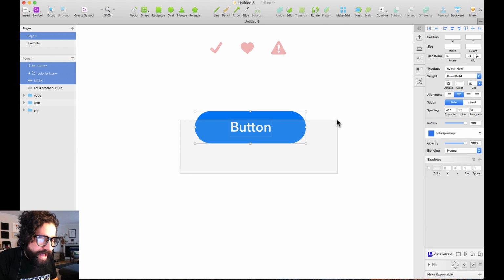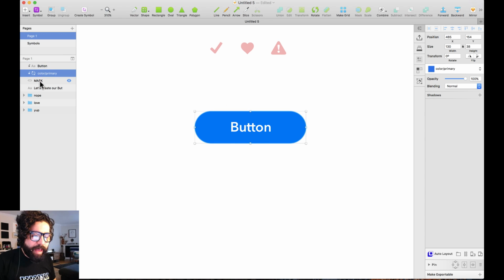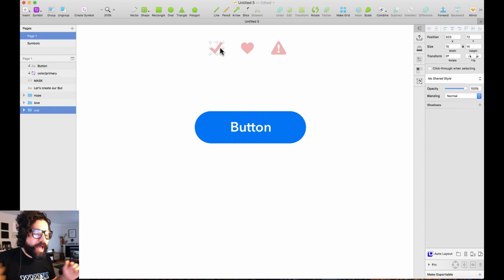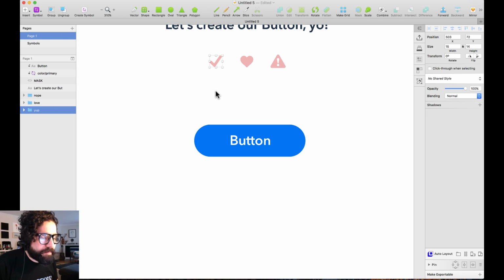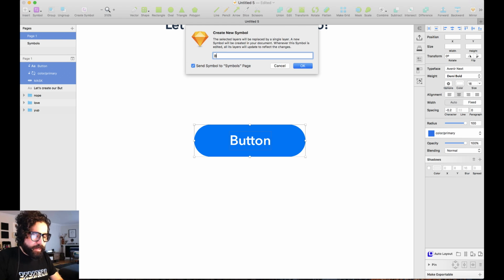There you go. So now I have all of these three layers. I have my text layer, I have my color, and I have my mask. All I'm needing now is the icons on top of it, right? But before we do that, I'm going to create a symbol out of these three layers. So I select those three layers and I create a symbol, and I'm going to call it button